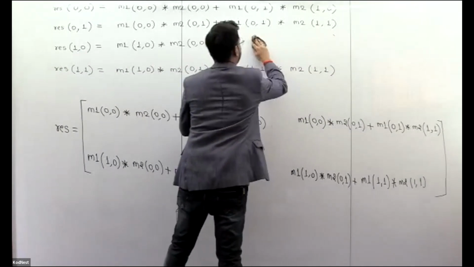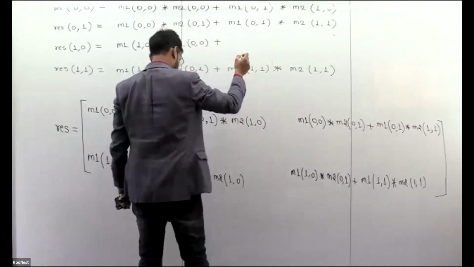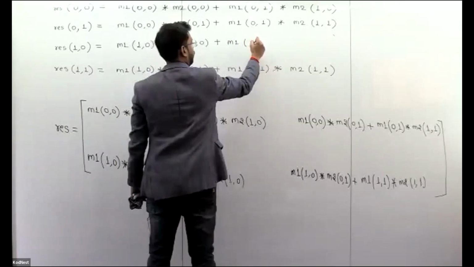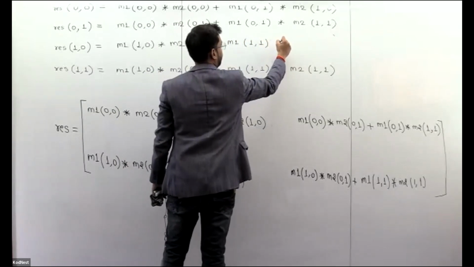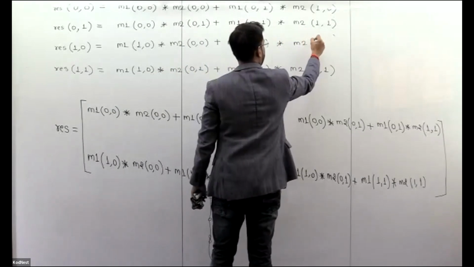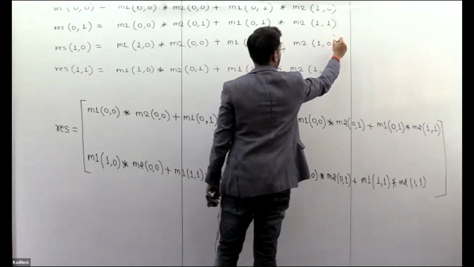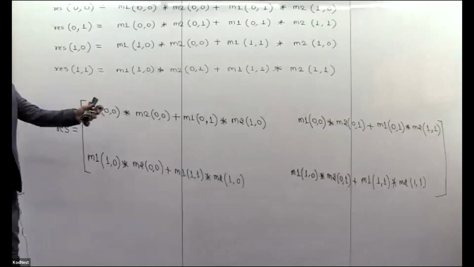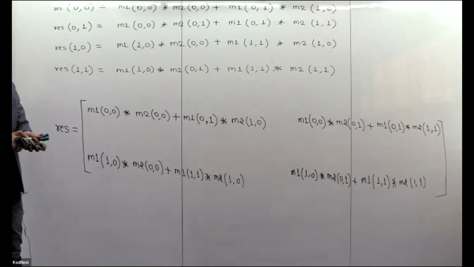Let me write it a little bit down. This is your M1 1,1 multiplied with M2 1,0. Okay. So these are the four formulas which we have derived here, and now we have to